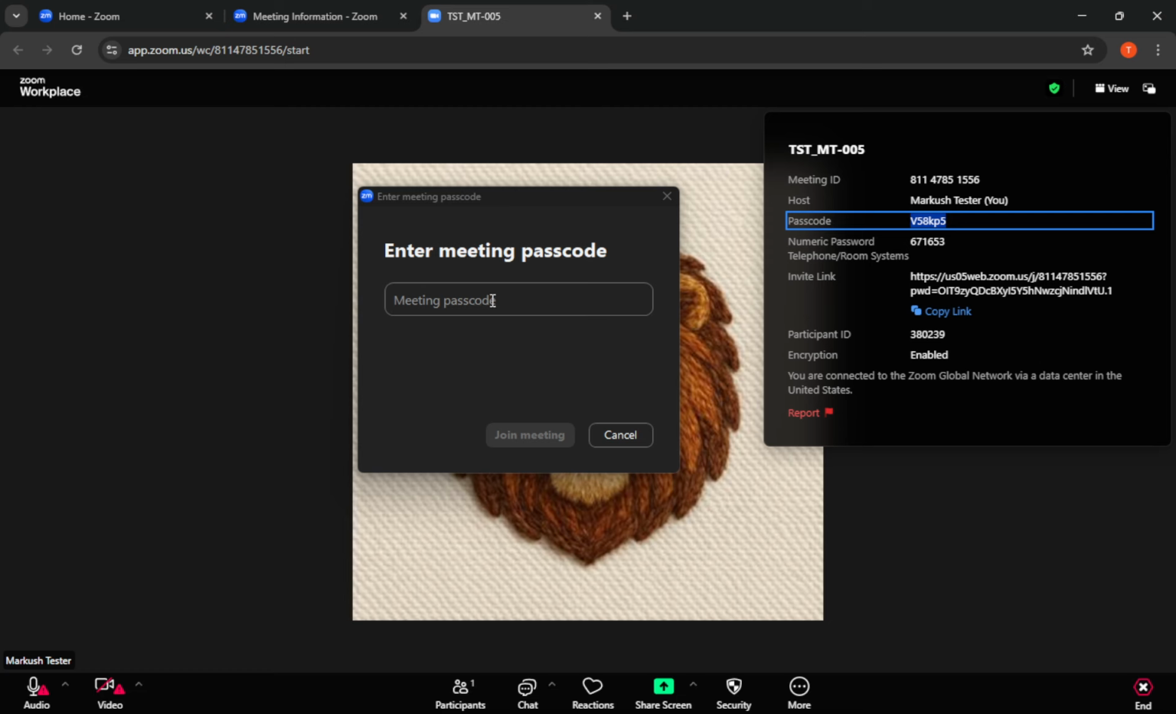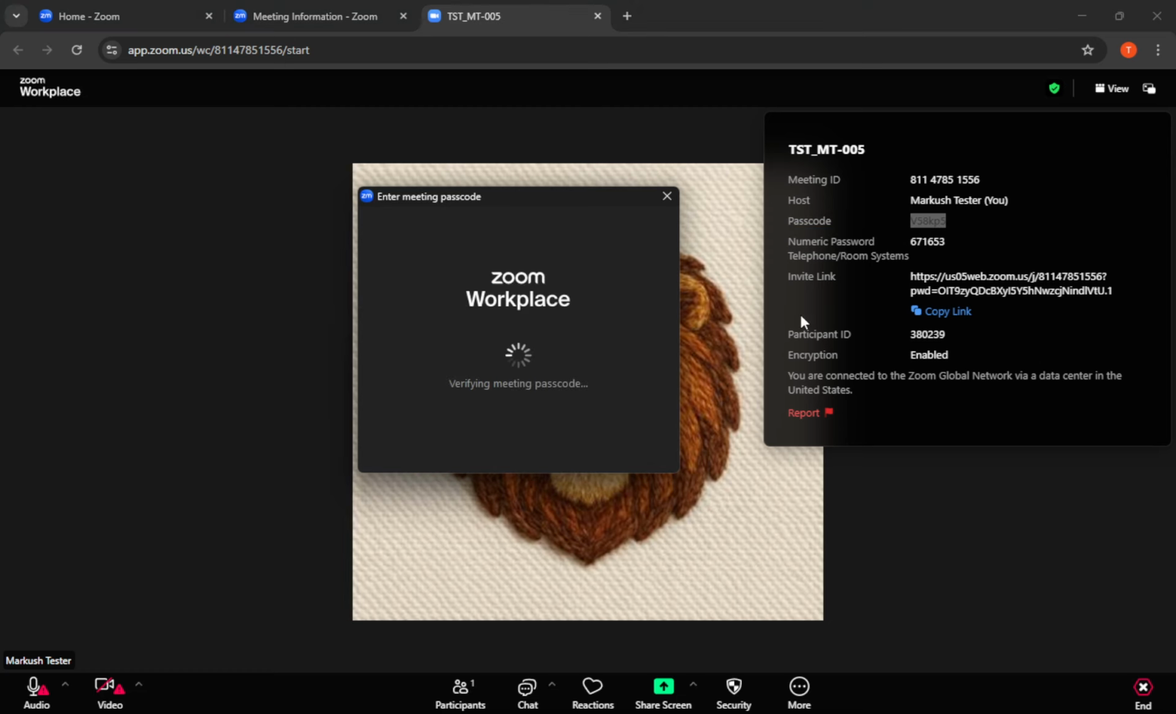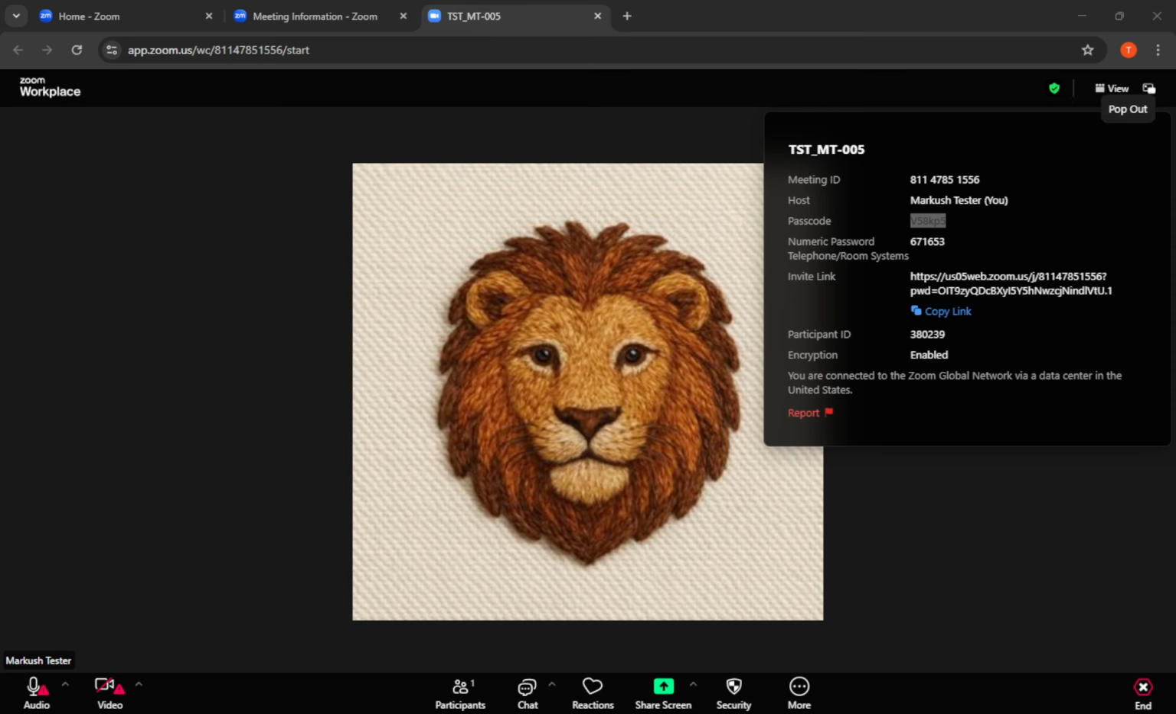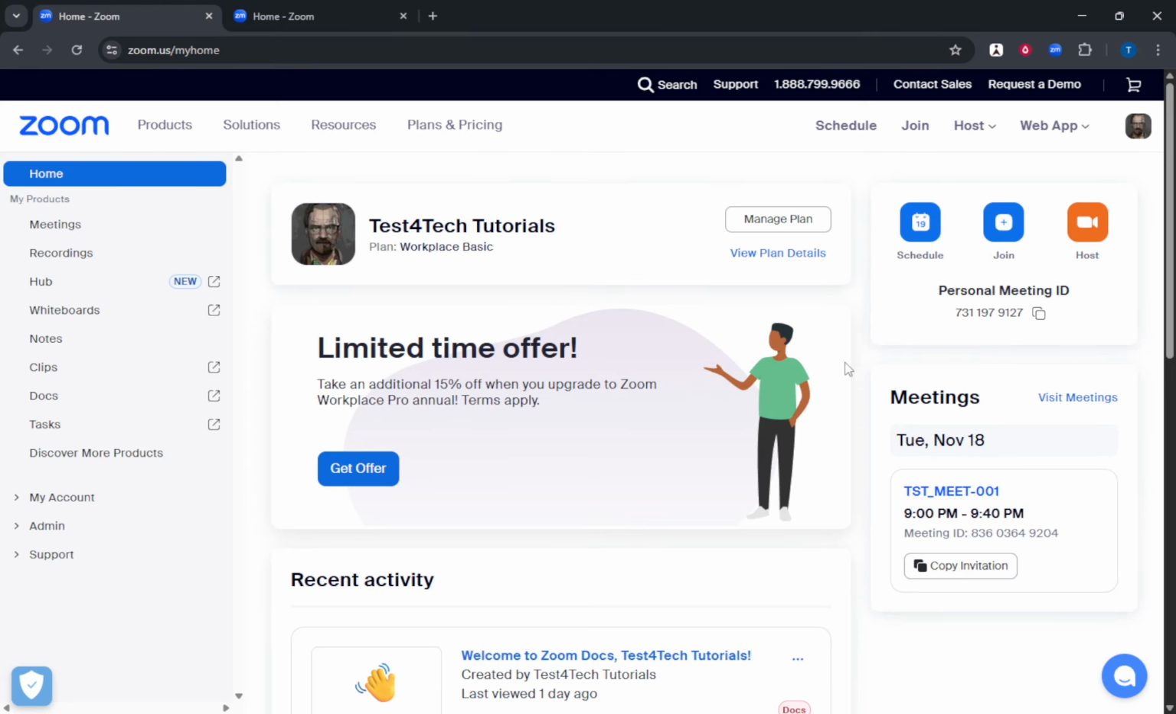Next, let's move on to those who prefer joining via a browser or the web app. This option is straightforward and doesn't require a download, making it super convenient if you're on the go or using a borrowed device. First, navigate over to